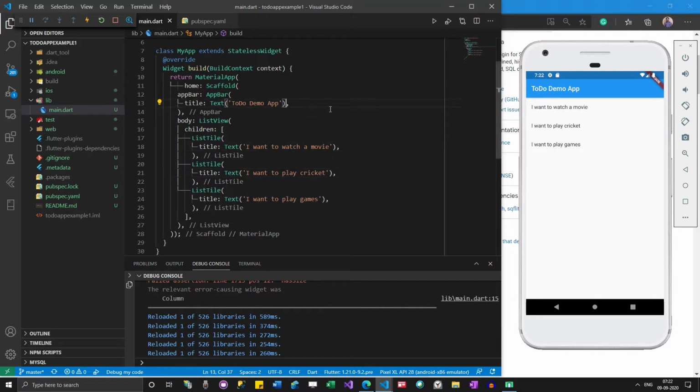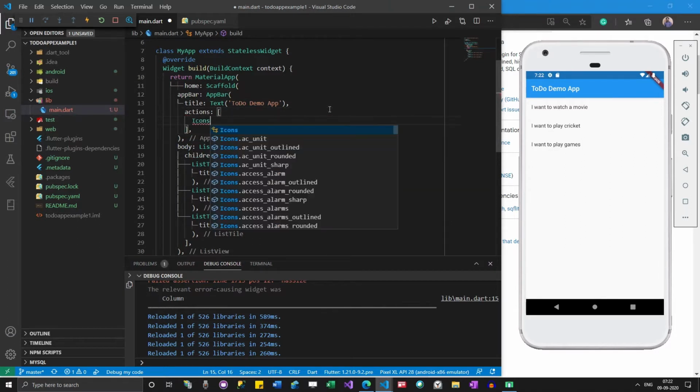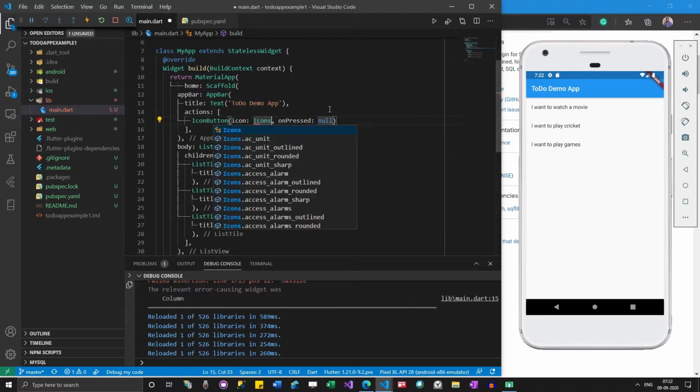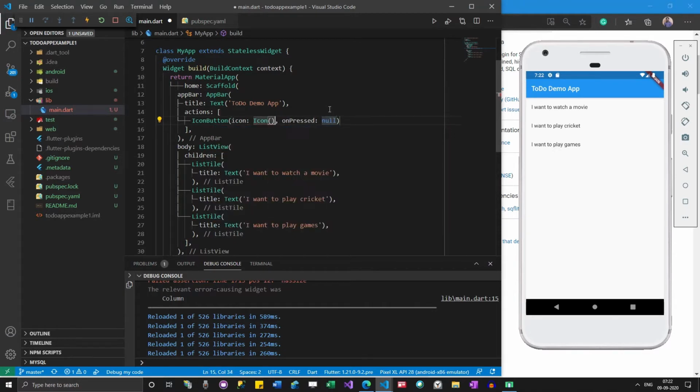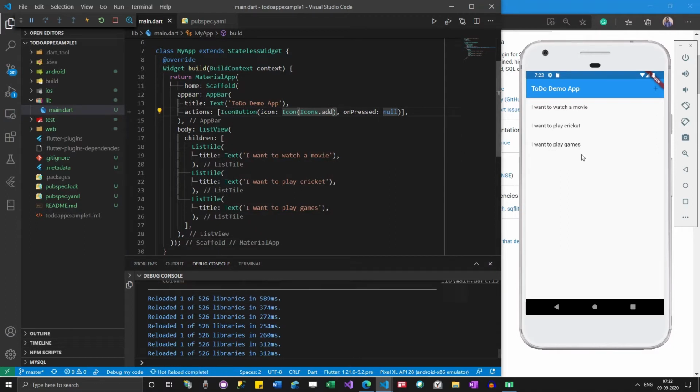Let me add one action item also here, actions, icon button. We'll add some logic here to add the items. And on the other side, whenever these items are selected, it will take us to a new page, and then it will ask you to update or delete.